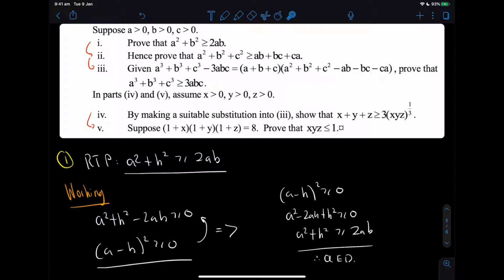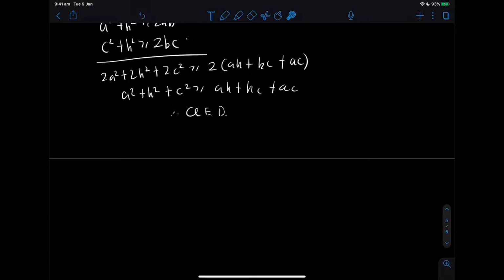Cool. So if you notice as well, you see that this here is the same as this, just on the other side, like we moved this part to the other side, and we just added an a plus b plus c term to it. Cool? So what we're going to do for part 3,